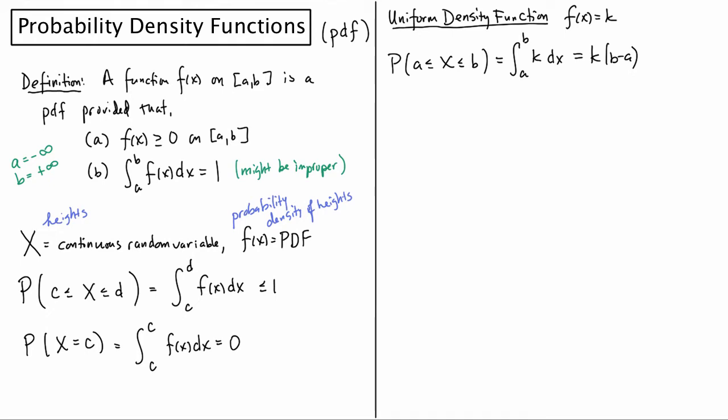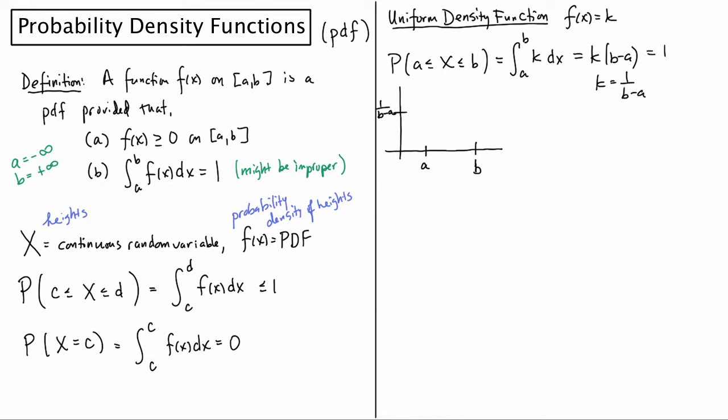Now, that may not seem like a big deal that we're able to find that probability, because you probably can't see the picture in your head. The picture makes this a lot better. So the idea here, picture-wise, is that I'm looking at some event occurring, and I want to know the likelihood that it occurs between a and b. Then, in order for this to have an area of 1, k has to be equal to 1 over b minus a